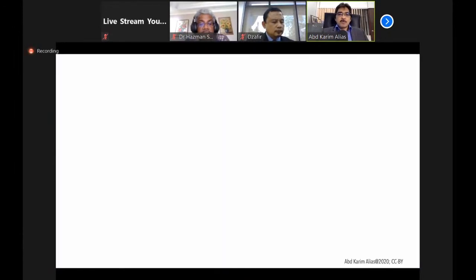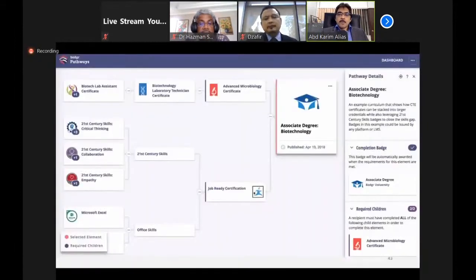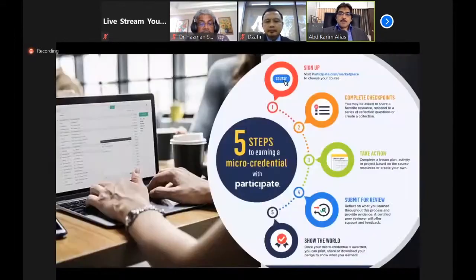Anyway, okay, the last few slides. Basically, once we have the micro-credential modules and program on our platform, the student would go into the platform. They will find the course, and they can see the pathway in the form of how many packages there are, and how many modules in each package.